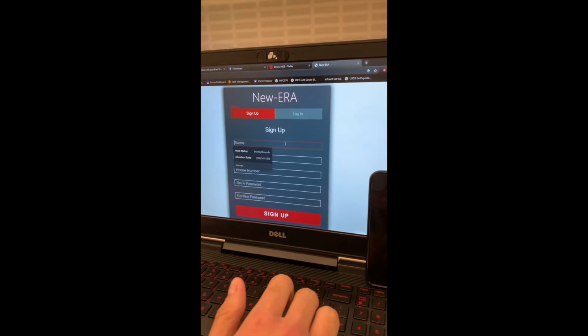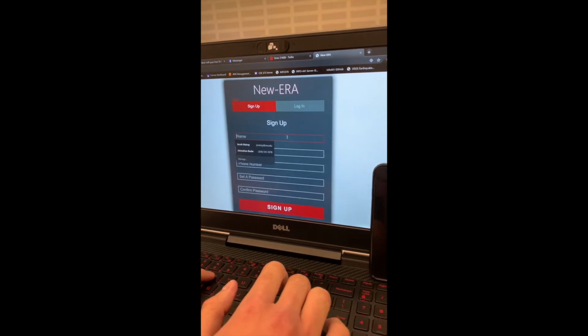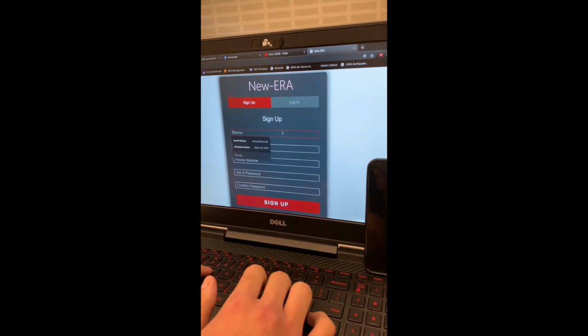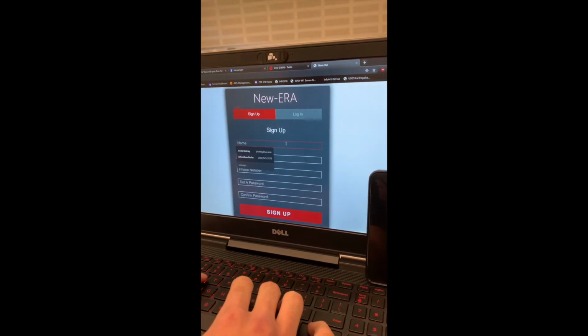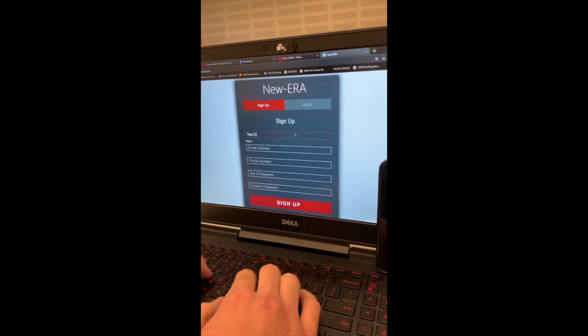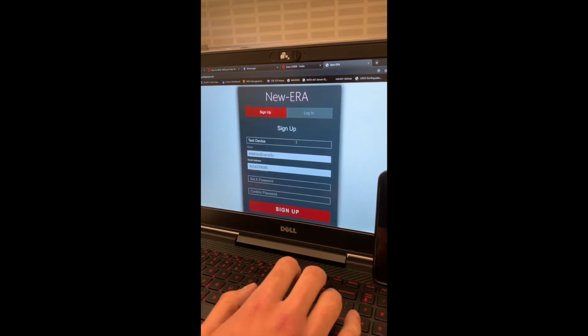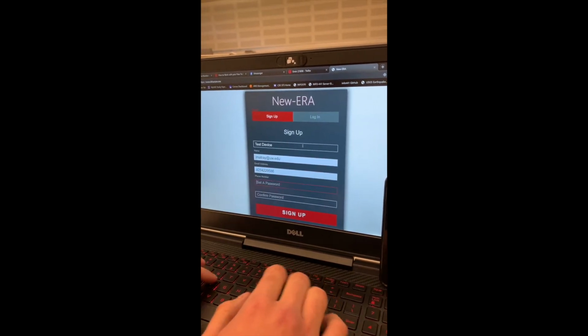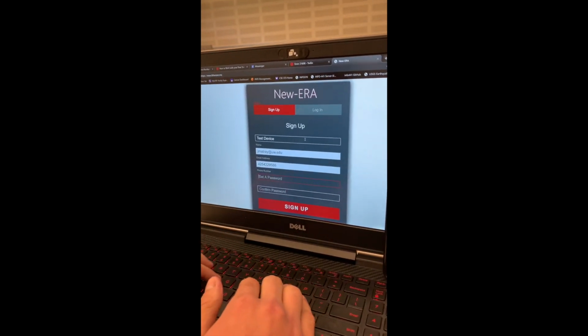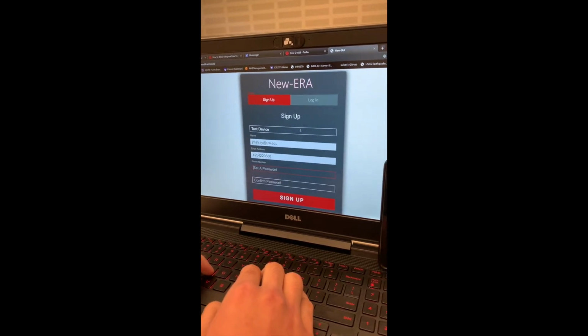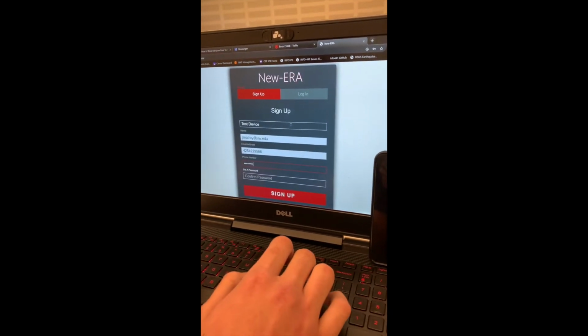So now we're gonna sample creating a new device with a simple demo of what the application could be. So we'll just create a new name for a test device. We'll give it our email and our phone number so that we can send out alerts in the case that we lose connection to our server. We'll create a password,